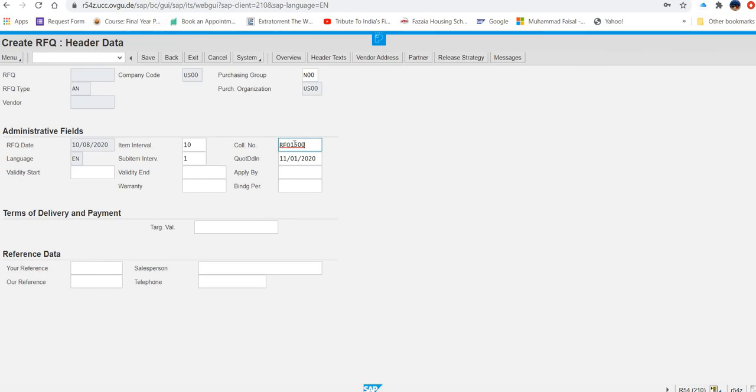After comparing your entry with the screen below, click on this to display the line item. Now what you will do, after entering this data, it is there and all these things are mentioned. Now what you have to do, you have to click on display line item. So where is display line item? Maybe somewhere here.